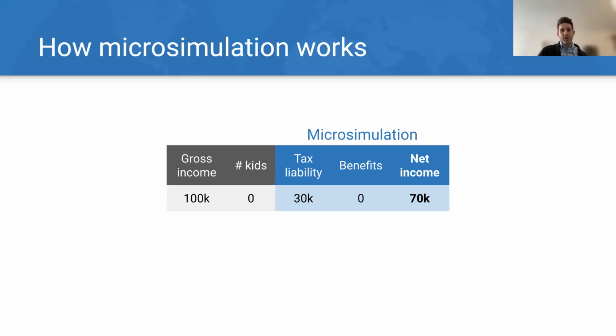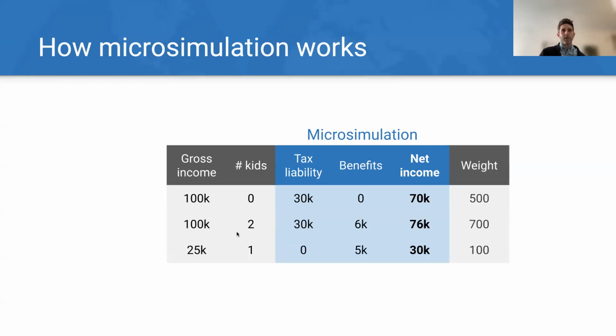And then the other side of it is pairing it with survey data so that you can basically run that rules engine over multiple households, aggregate the impact, and you can do that in multiple policy scenarios. As one example, suppose there's a household with 100,000 gross income, no kids. You might find that this rules engine would say there's a tax liability of $30,000. So they have a 70,000 net income. You apply that the same way across multiple households that have different amounts of net income. And each of these survey records has a weight. So this is basically the number of households that it is expected to represent in all society.